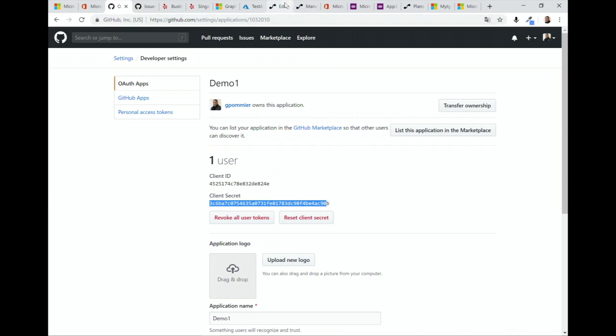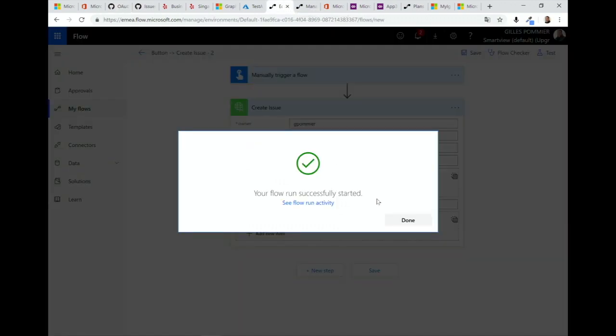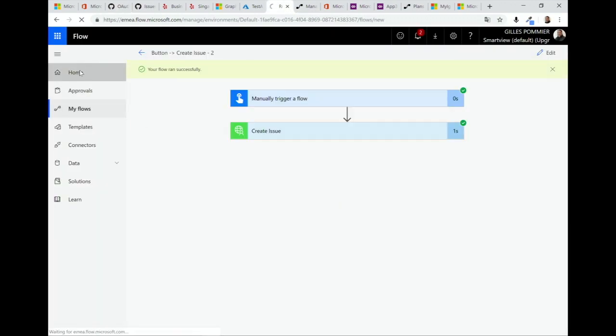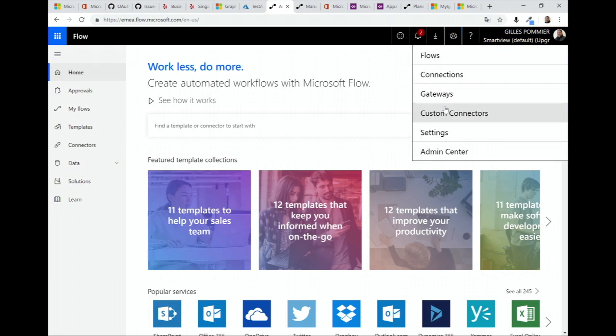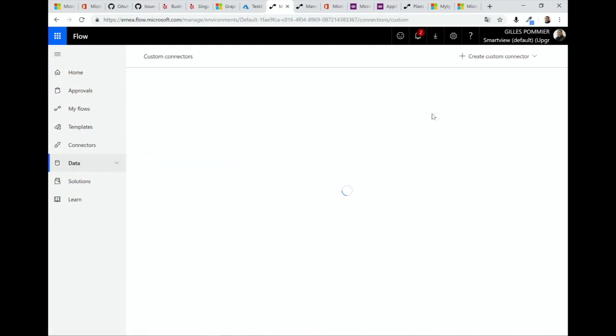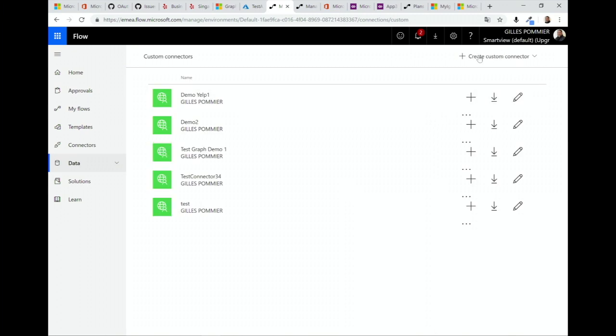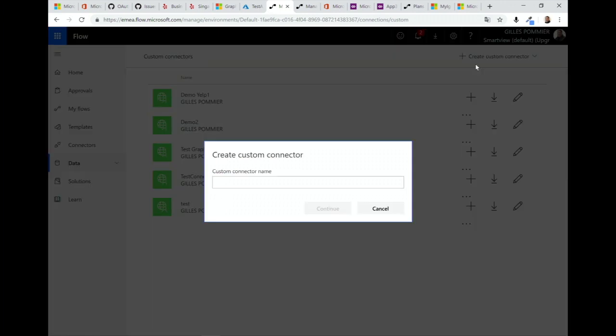To create a custom connector, I have to go to Microsoft Flow, of course. And I have all my connectors here. To create a custom connector, I have to go here and use the custom connector option that is available here. And then, if I want to create a custom connector, I have the button here, create a custom connector. So I click on it. You see that I have different ways to create a custom connector. I can create from scratch, blank, or I can import. In the second demo, I will show you how to import from a Postman collection, for example. But first, I will use this one.